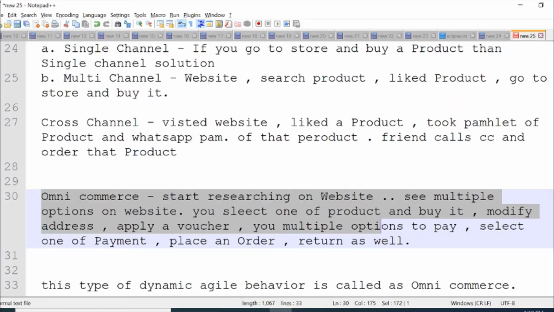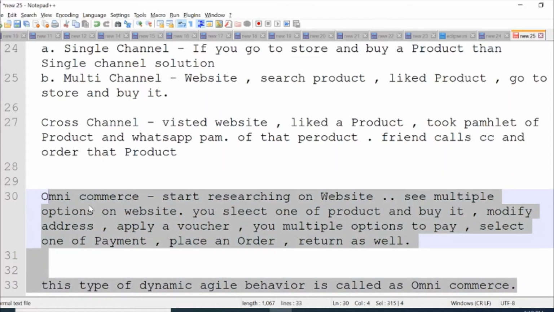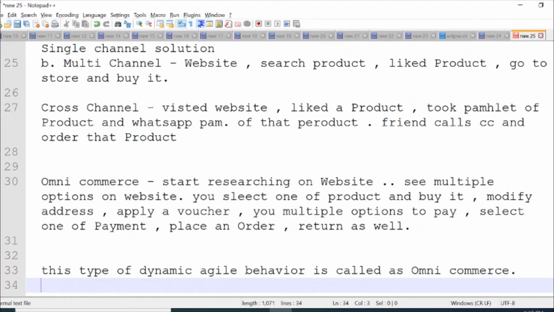There are many bookish explanations about omnicommerce, but I have given you a simple example and simple terminologies. These terminologies are frequently asked in interview questions. Why Hybris is an omnicommerce solution, you should be aware of this.